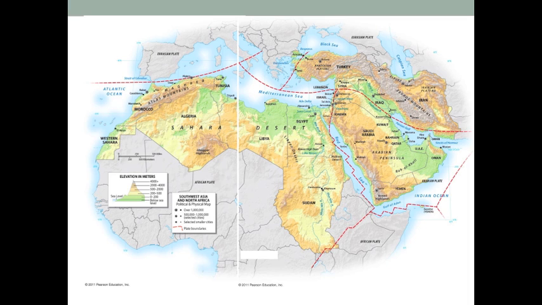Southwest Asia is dominated by the Arabian Peninsula, the Sinai, and the Zagros Mountains. Vast stretches of the region are only marginally habitable. Water in the form of four major river systems, the Nile, the Tigris and Euphrates, and the Jordan, have long influenced, if not controlled, the people of the region.